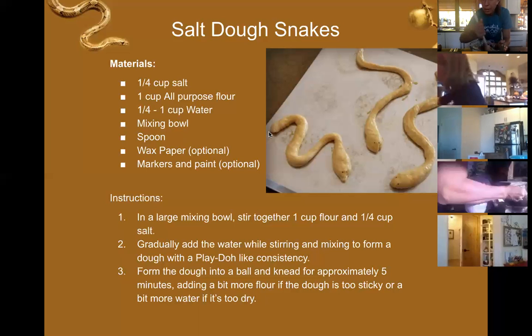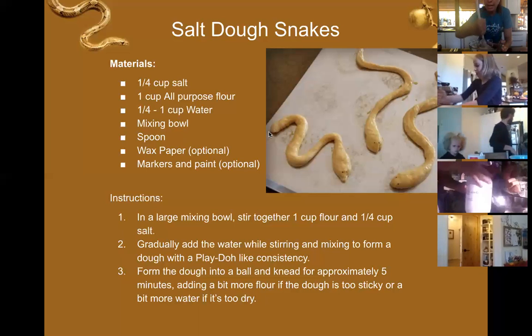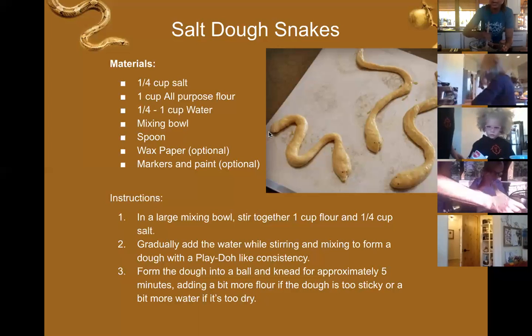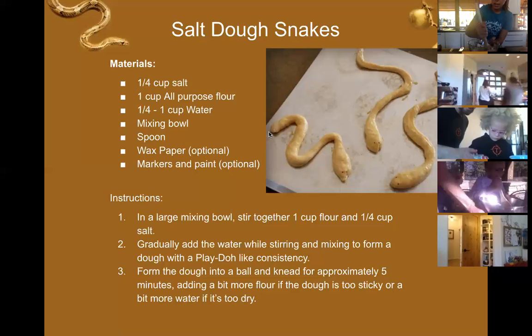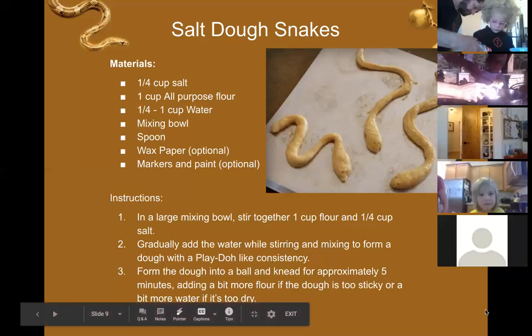Because we're trying to make, have you guys ever played with Play-Doh? Give me a thumbs up if you've played with Play-Doh. Okay, so we're trying to make it look like Play-Doh, okay? So you don't want it soupy. So that's why we're just adding a little bit of water at a time, okay? Just a little bit at a time. Just a tiny bit,